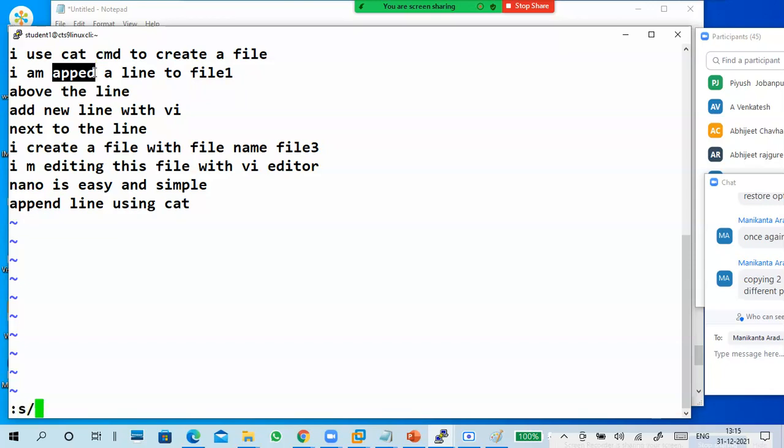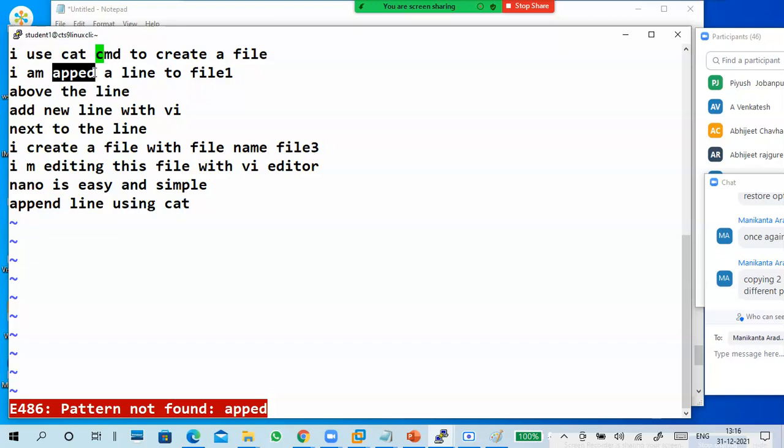Yes, slash append, slash append, for example like this, append, or anything.